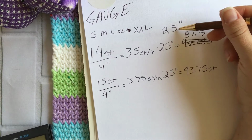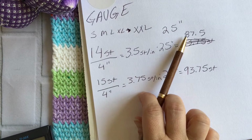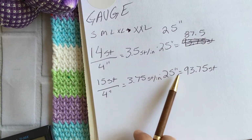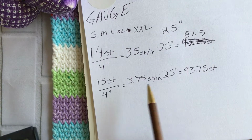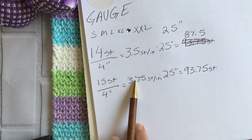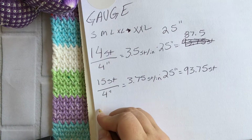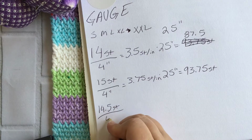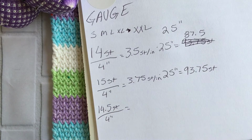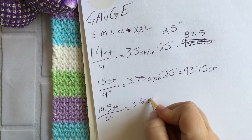So what am I supposed to tell you and tell your user as to how many stitches across their garment is? Is it 87, 88, 93, 94? What is it? You see how this little tiny difference has made a huge difference. So you might say, okay, well, whatever. Why don't we just budget and say 14 and a half per 4 inches. Okay, 14.5 divided by 4 is 3.625